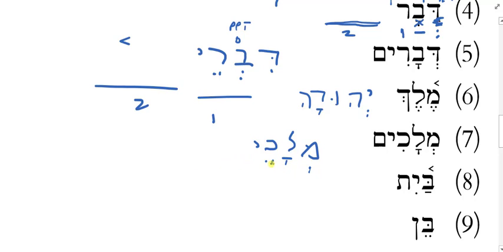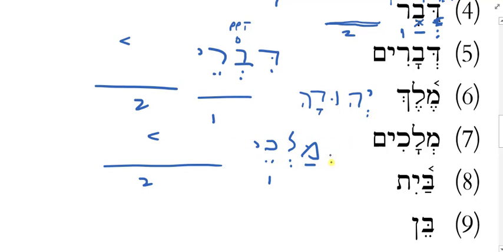Can I leave this long A here? No, because if this is thing 1 and some other noun is thing 2, the stress is way over here. This is open and propertonic. What will the kamets of la do? It'll become vocal shava. And now I have 2 vocal shavas. All right. So remember, I can't leave them together, but here's something we learned in the lesson. Singular nouns will get a short vowel here, but it may not always be the same one. This one's a pathak. Okay, so I'm going to get one of my short vowels. Pathak is the one Melech gets, so it becomes Malke.